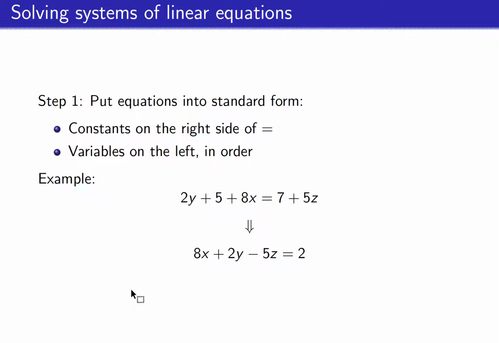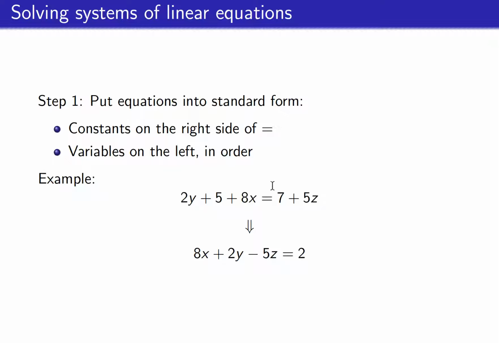All right, how do we do it? First of all, you put your equations in standard form. This is pretty easy. This is something that you probably all do as a matter of course. We want to move variables and constants so that the similar things are together. So we're going to move all the variables on the left and the constants on the right side of that